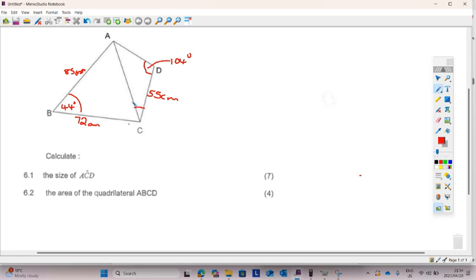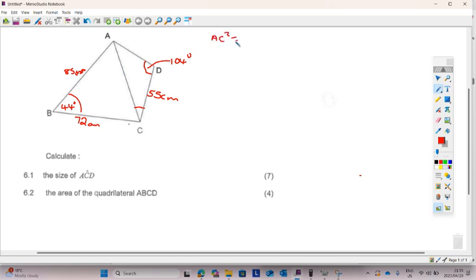If we had AC here, then we would be able to calculate the angle opposite 55 centimeters, and then we would be able to calculate the third angle. But looking at this triangle, we have two sides and an angle between those two sides. We can calculate the opposite side there, that is AC. So using cosine rule here,